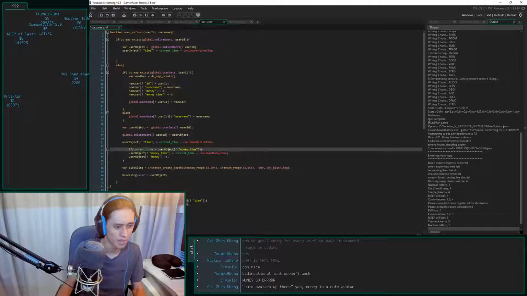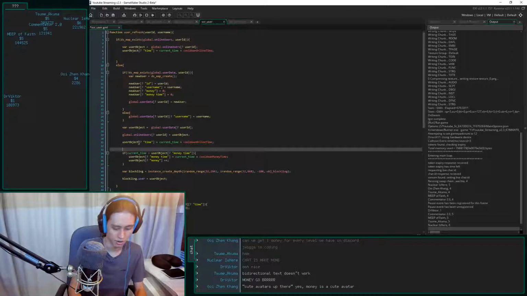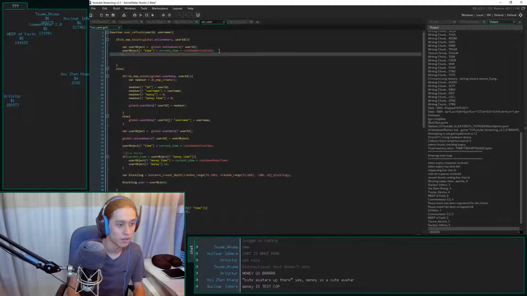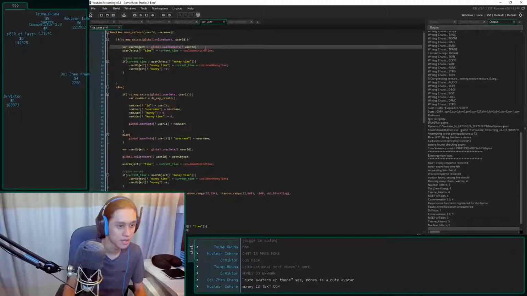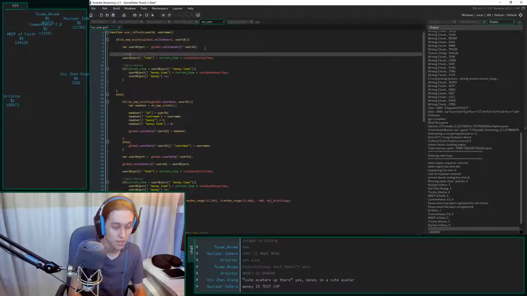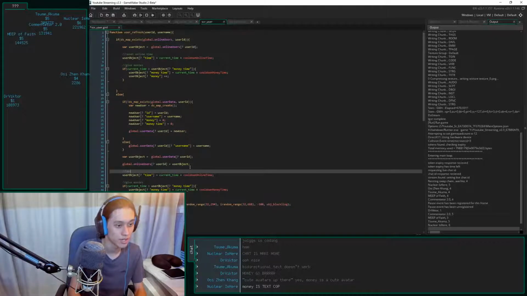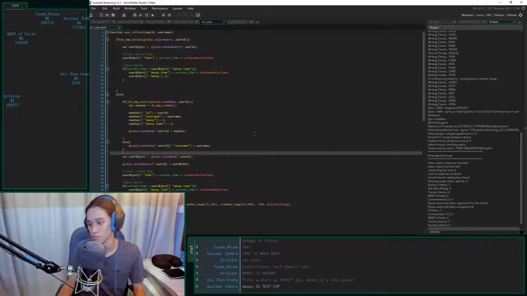I should add some basic comments. Here, I'll call this give monies. And then we'll add it here as well. And give monies. This is reset online time. Right here is also reset online time. Here we go. If I run this, people are about to be earning money. A lot of money. Every message with a 1 second cooldown.